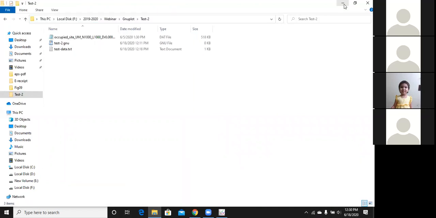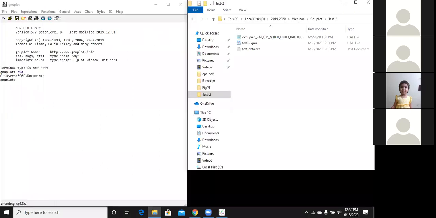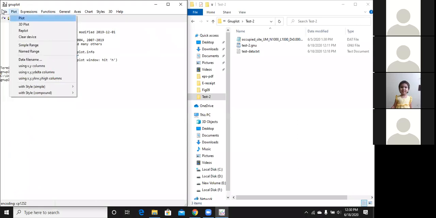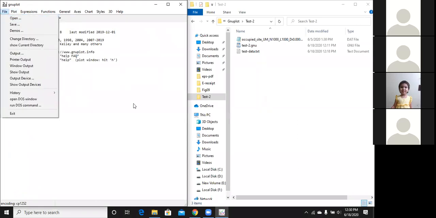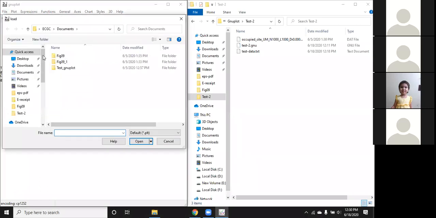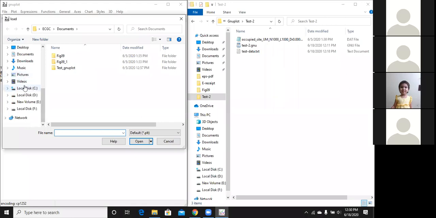So you need to go where your data file is. I'll go to file, go to open, or you can directly go to this open script file option, and go to the F drive, then 2019, then webinar, then GNU plot, then test 2.